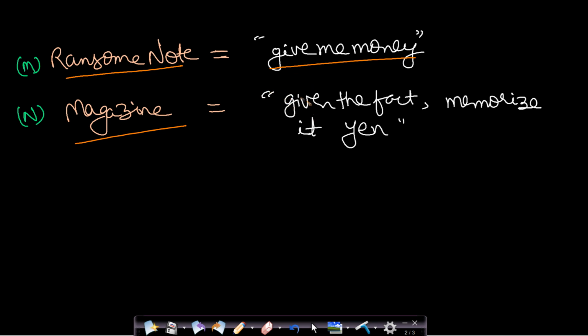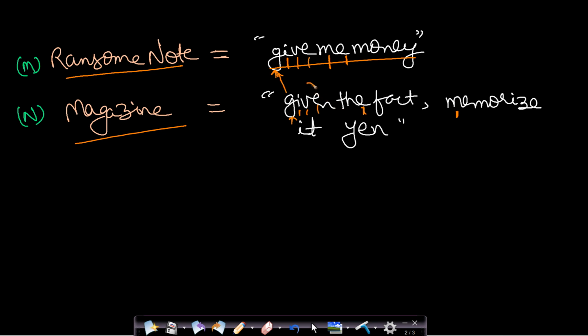So in this case you can see that this G and this G is common. So this G can be used and this can be placed at this position. Now this I and this I is common, V and V is common, E and E is common. So this entire word is actually common, give and give. Now you compare this next letter which is M. So where is M present? You can see that M is present here. So you see that it is also present. Now you move on to the next letter E. So is E present? Yes, E is present here.